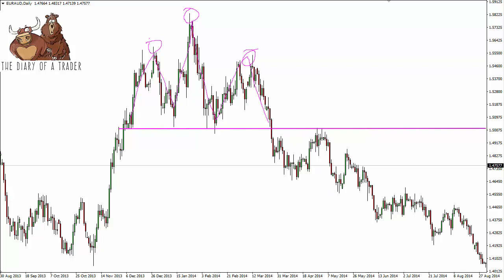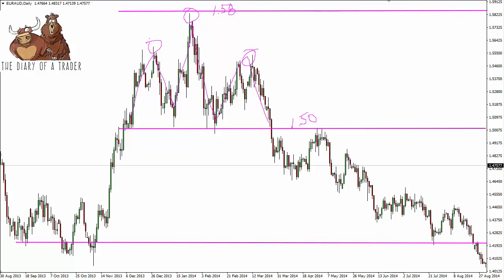What's interesting is this is 1.58 up here. So you can see that on the Euro Aussie, on the daily chart, we had an 800 pip head and shoulders. Taking 800 pips from the 1.50 level, it gives us a target of 1.42. The 1.42 level, as you can see, was hit, and it makes sense. You can see that it was supportive in the past, an area of interest. And we actually even went lower than that, but that was the original target.